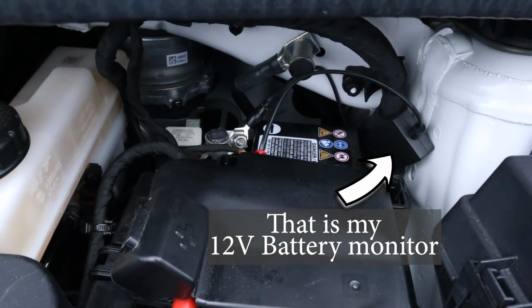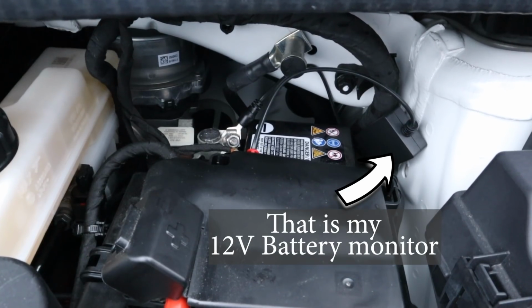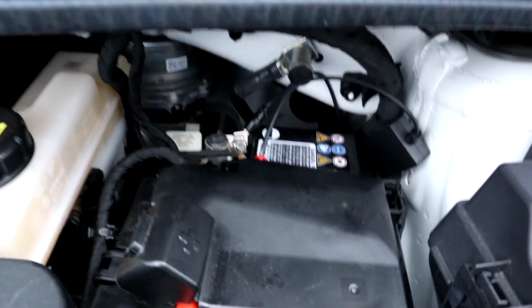Since then I got the 0783 update as well, and even before I got the update I installed a 12-volt battery monitor. Mine is called JMP, and it's just a tiny little Bluetooth device that can connect to your smartphone, and you connect it to the minus of the battery in the ID.3, and that's no problem. The plus is a bit more of a problem. You have to get a plastic cover off and then attach this, and then it works and it shows your